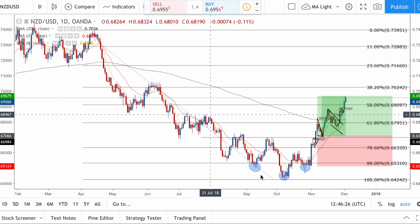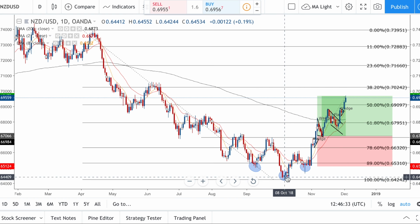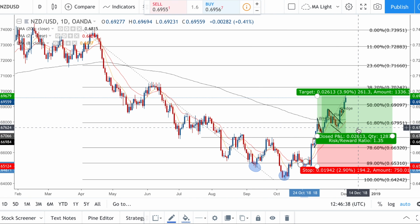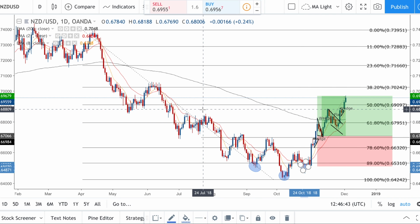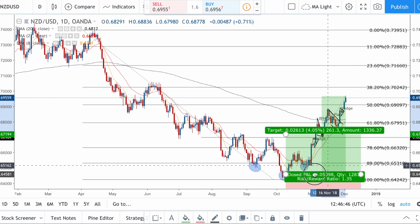So you can see on the daily time frame, we've got our left shoulder, our head, our right shoulder. Neckline we take from this position here. Now, I'll tell you how I get my target level. You can see here it hit bang on the button. So what I do is I take